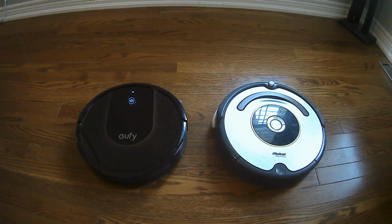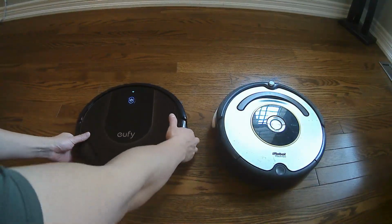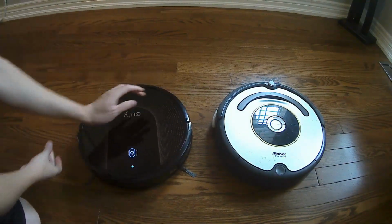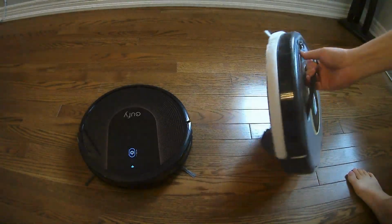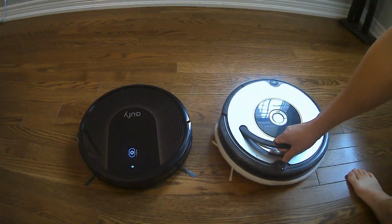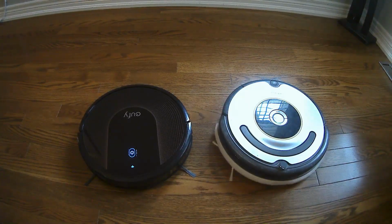Let's do a quick comparison between the Eufy 30C and the iRobot 630, which it's going to replace. The iRobot is about 5 years old and has served me well. In fact, I'm going to move the iRobot upstairs, which is a less trafficked area, to give it an early semi-retirement. The Eufy is more aesthetically pleasing, but the glossy top finish easily attracts fingerprints and